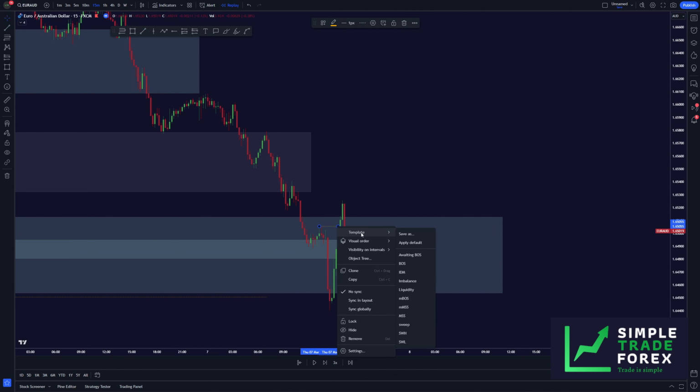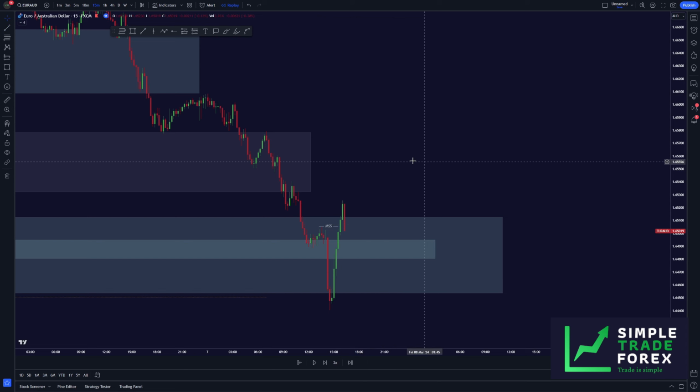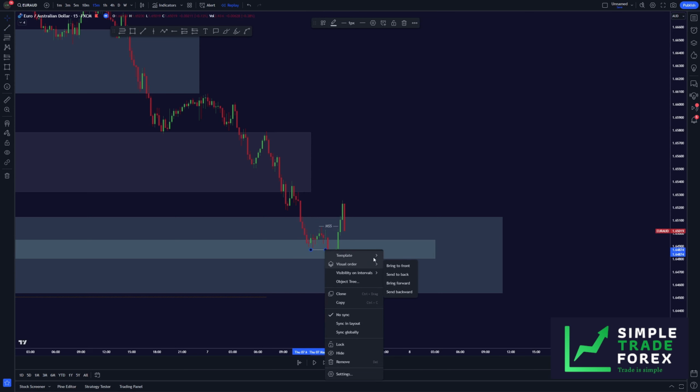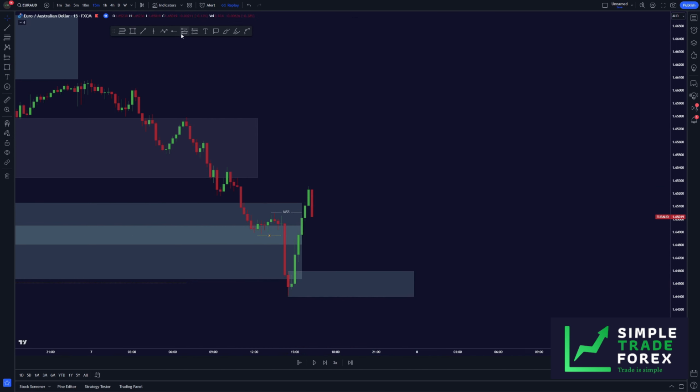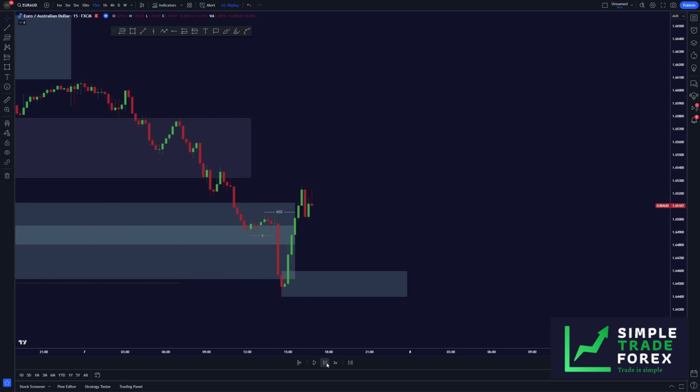We did a market structure shift here with really huge momentum. That's what we are looking for. Price swept this low and liquidated all those who bought from the 4-hour zone. So now what do we do? We mark our 15-minute order block and we wait for the price to simply retrace to